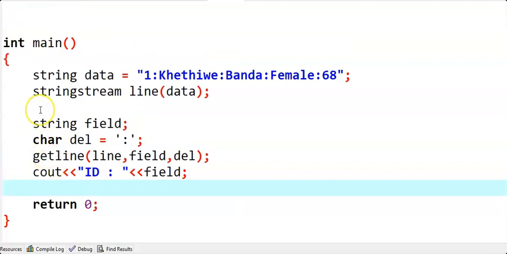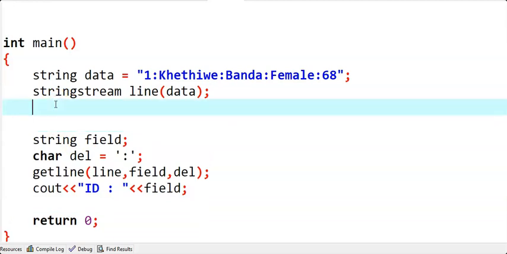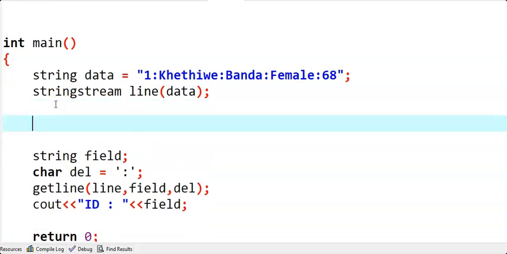Our ultimate goal is to get these values and put them into our structure. So we need to define a structure, and we need to find a way of assigning those values into a structure. For now, we just need to define a structure. Maybe we can just define our structure up here. We can just define a structure of student,